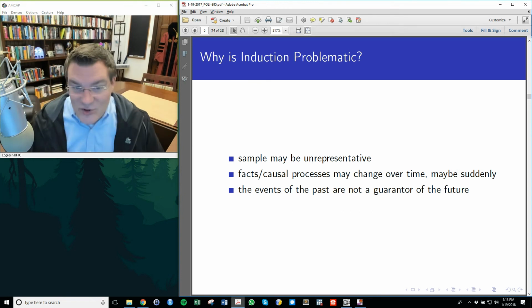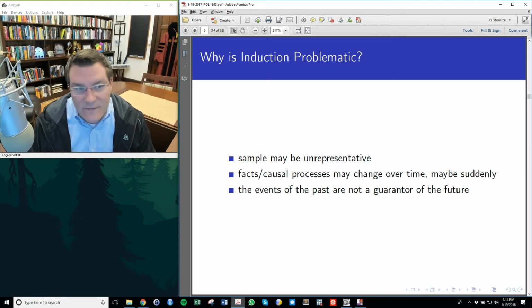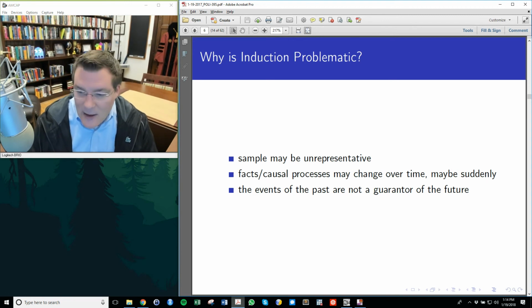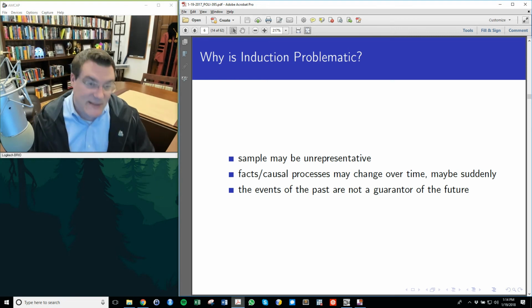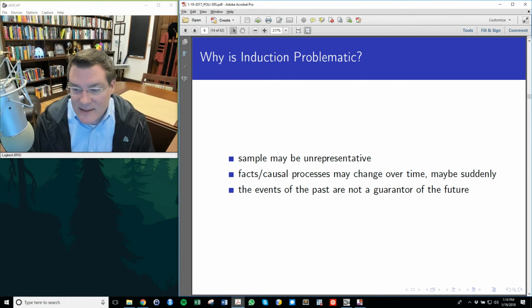and this is generically stated as the problem of induction. We cannot definitively learn about a natural process or a physical process by simply observing a subset of that process in nature, even a very large subset, because there are many reasons why what we observe may not generalize to the larger process. And in the history of thinking about science, this idea is typically attributed to David Hume, a Scottish philosopher, one of the members of the Scottish Enlightenment.